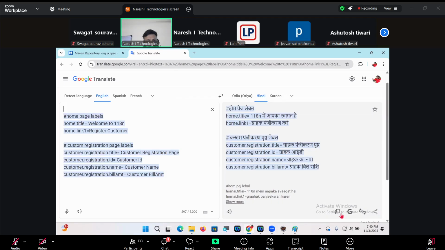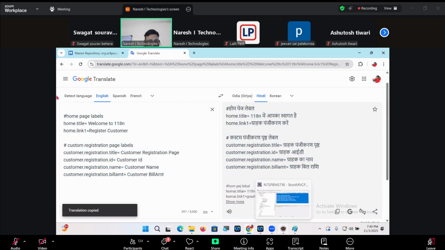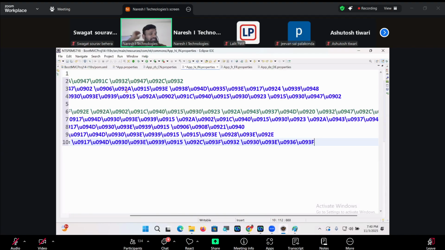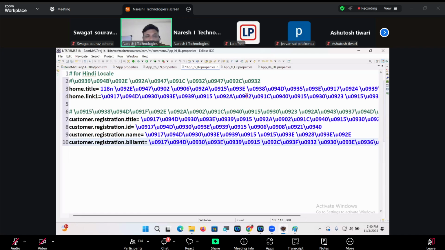Copy them. Go to the Hindi locale specific property file. This is for Hindi locale. Here we are getting home title, link one, registration title. What are all these? Unicode numbers, because Hindi script is not English script. If you want, you can change the comments to regular ones.